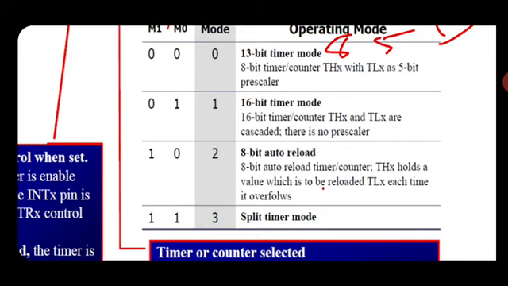In mode 2, THX will be continuously reloading. Look at a simple operation here. What is the size of THX? It's 8-bit. If I start counting from 0, 1, 2, 3, up to hexadecimal FF, once it reaches FF, it will be reloaded again and count from 0 up to FF. This process we call reloading. TLX is reloaded each time it overflows. We'll come to know how the overflow happens.